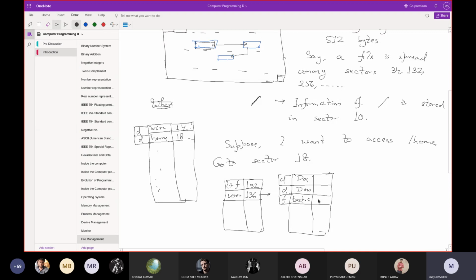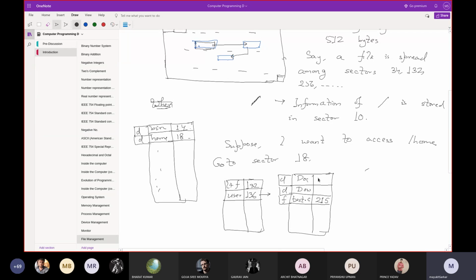So again, there will also be a sector number, say 215. But this sector number does not point to a directory, it is a file. So if you go to the sector number 215, you will see the content of test.c.